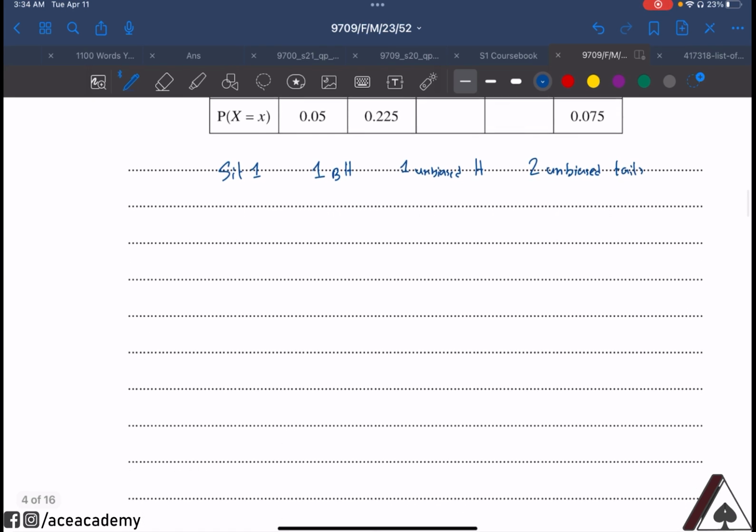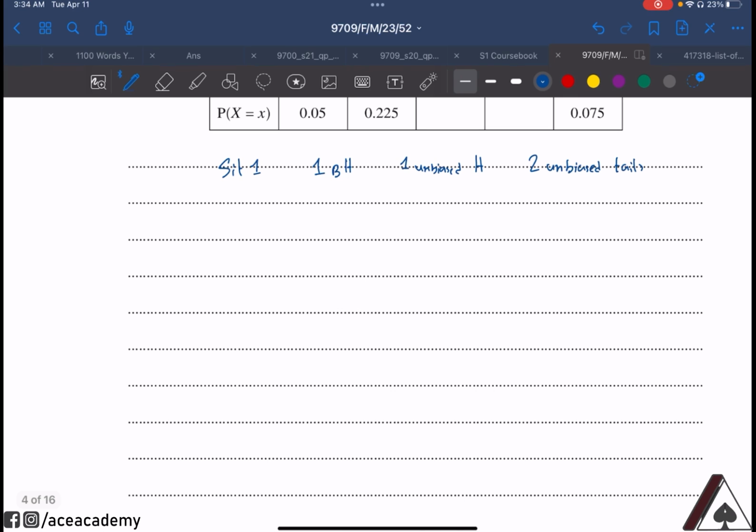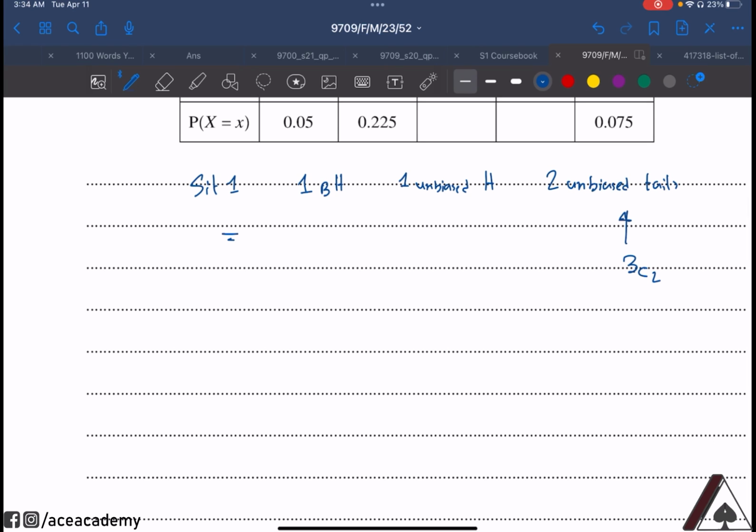Okay, so let's calculate the probability for this situation. We can select 2 from 3 unbiased coins, so it's 3C2. So the probability for situation 1 is 0.6 into 0.5 into